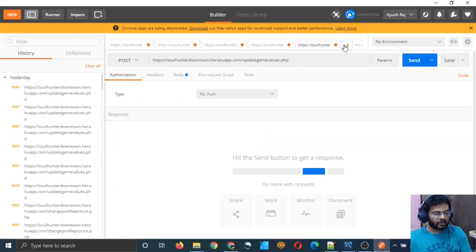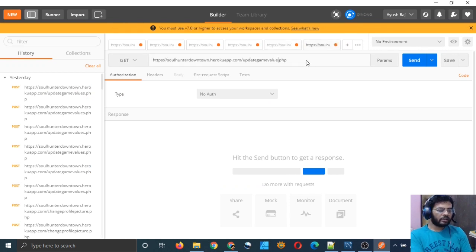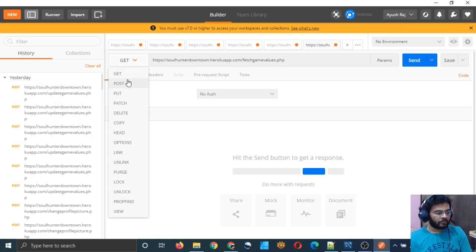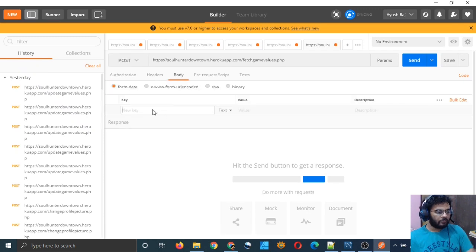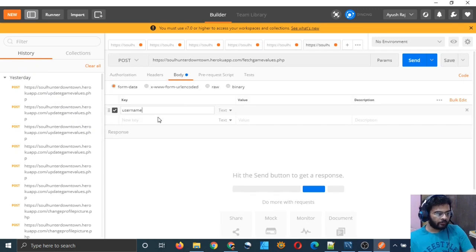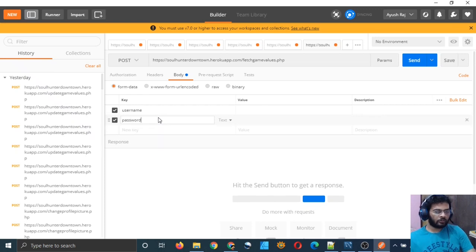In Postman I will create a new tab, and I will copy my address of my server and paste it here and change the name of the script, fetch game values, and it is a post request, so I will have a body. But we will send a username and we will also send password. That's all we will send, right?